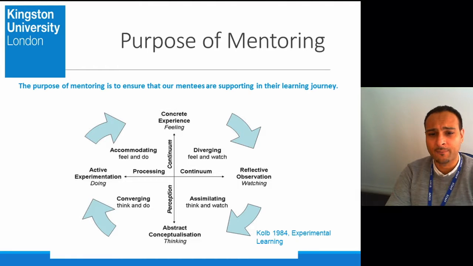Then it brings us to abstract conceptualization at the bottom. This stage is when they reflect about what they've seen in light of their feelings. So then they start to negotiate what went well, even better if, how would they apply it. And the fourth step here under active experimentation is actually, once they've consolidated this reflection, to go into the classroom and practice what they've seen or their ideas of teaching and learning. And it's a complete cycle. Our purpose really is to help trainee teachers and support them during this experiential learning cycle.